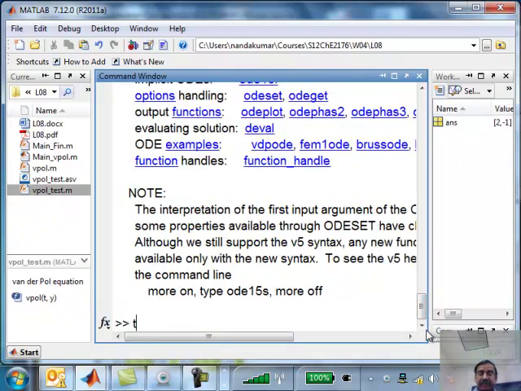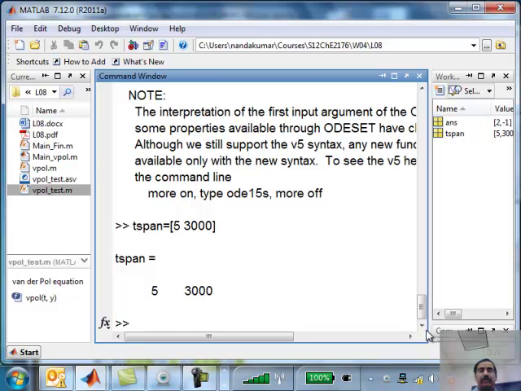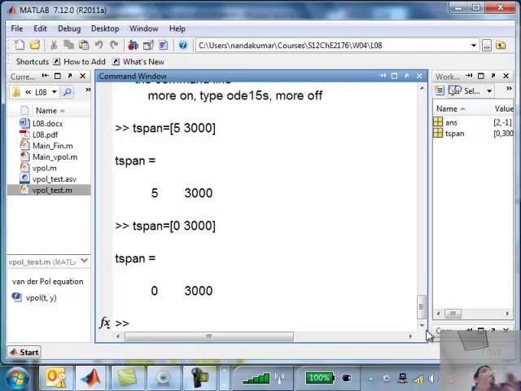So I'll define t-span as equal to 0 to 3000. Sorry about that. So t-span, I want to integrate from 0 to 3000 seconds or 3000 units, whatever the time happens to be in that case.